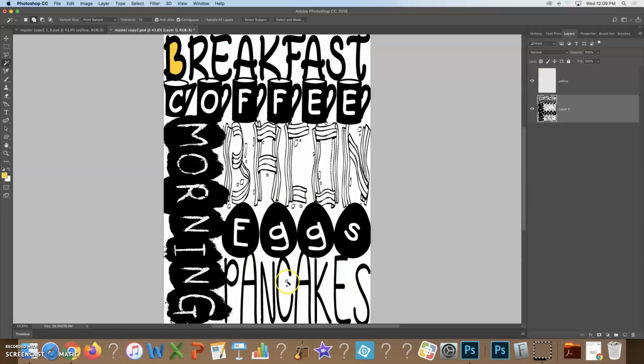Now the problem, what's going to happen is if you have an area that's not surrounded by anything, let's say I want to click where the A and the N are, like in this area right here. Let's get rid of everything else. I'm going to hit Command D to get rid of all the rest of the selection. Let's say I select here, I click, and I'm going to make